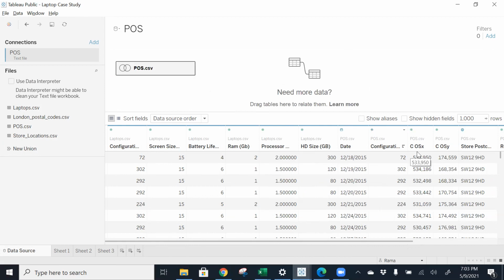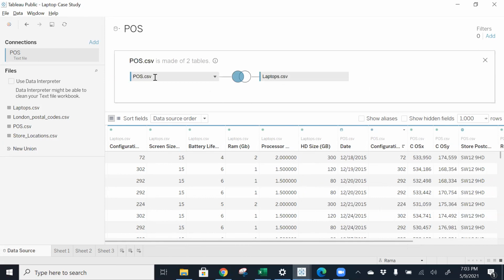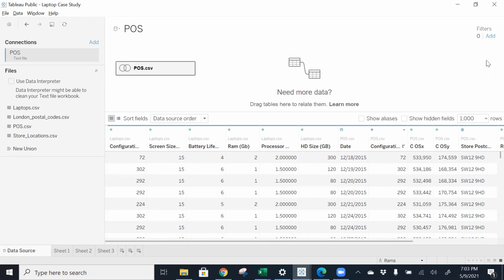So this is basically what you have brought in right now, laptops, the point of sale. So you will have the customers data in which you will have their positions, from where they are traveling. So you just have to find the difference between the points, and then what you have to do is calculate the average. Okay, so you have to just use this formula to do the calculation. Okay.